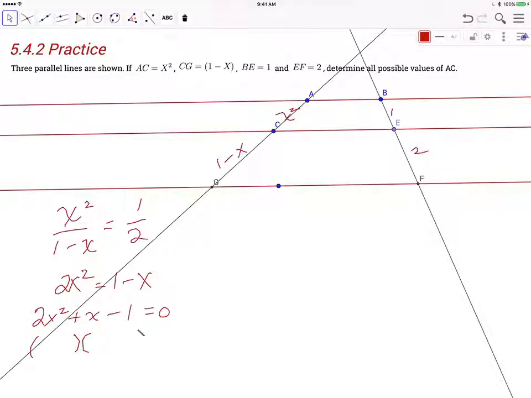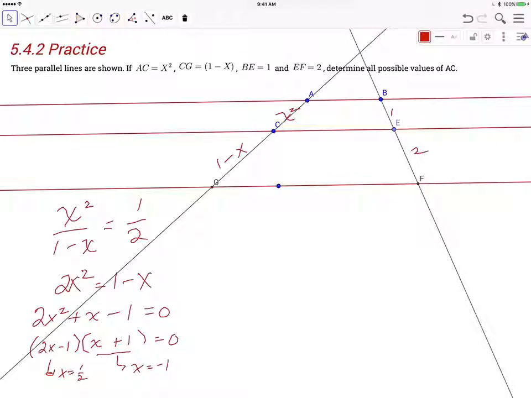So we end up with 2x, x goes here. Let's see. I think this is a plus 1 and a minus 1. Check that quickly. 2x squared, 2x minus x gives me an x in the middle. Great. So hopefully you saw that either from here x is negative 1, or from here x is a half, right? If x is a half,